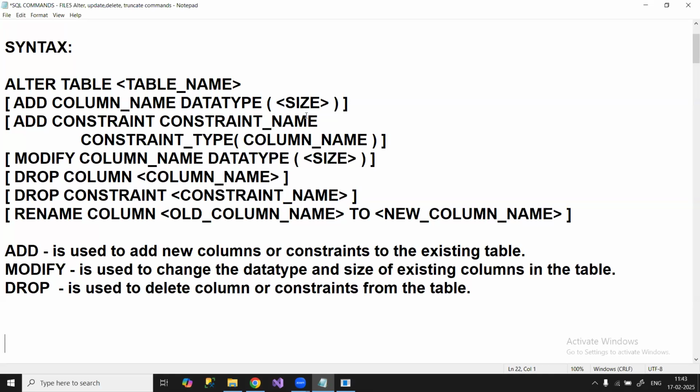SQL commands list ichana meeku, DML commands, DDL commands, DCL commands, DQL commands, TCL commands, all are SQL commands. These are sub languages of SQL. DSC is not there. DSC is what? SQL plus command. SQL plus command does not require any semicolon. Semicolon will not be used. Okay. So DSC table name